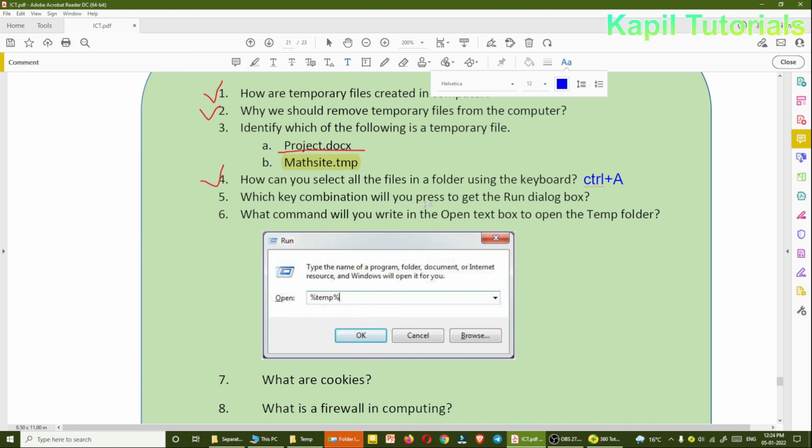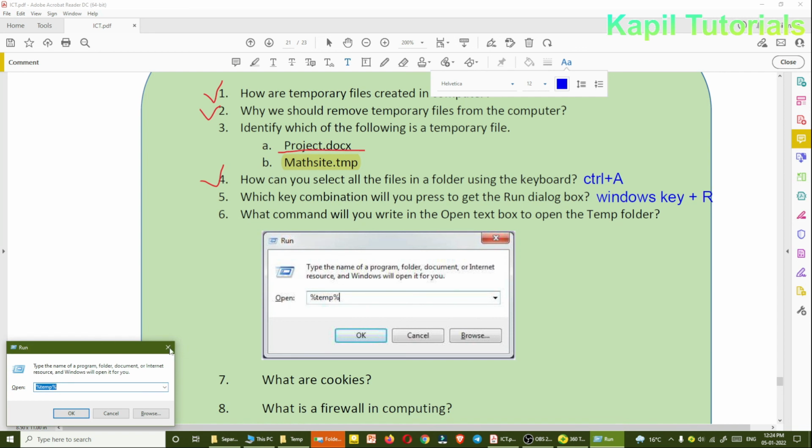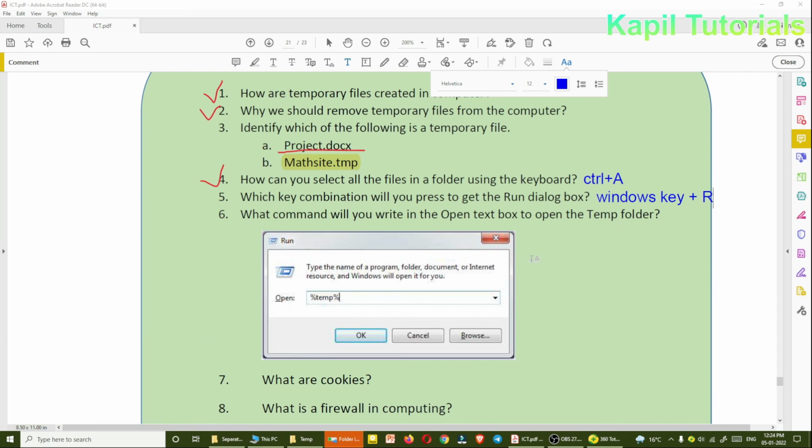Which key combination will you press to get the Run dialog box? You could write here Windows key plus R. I have just told you that when you press Windows plus R, the Run command comes in front of you. What command will you write in the open text box to open the temporary folder?